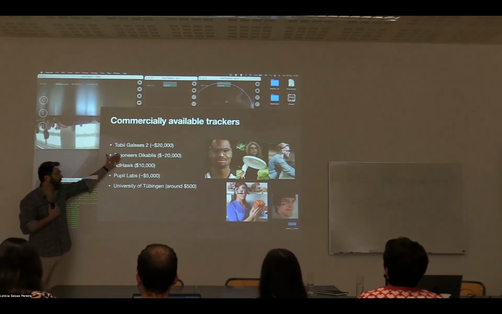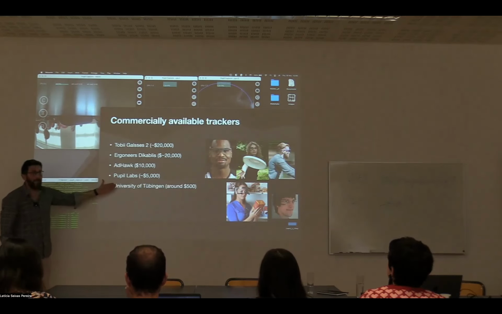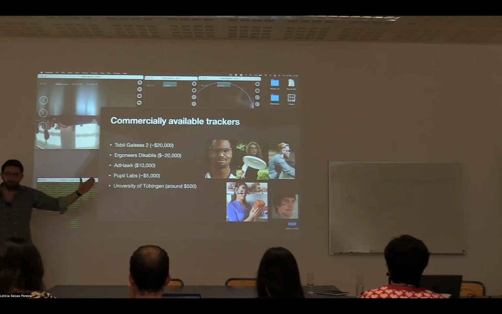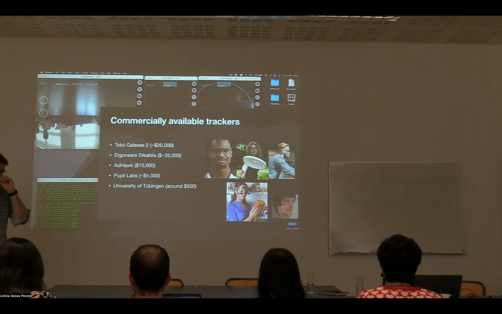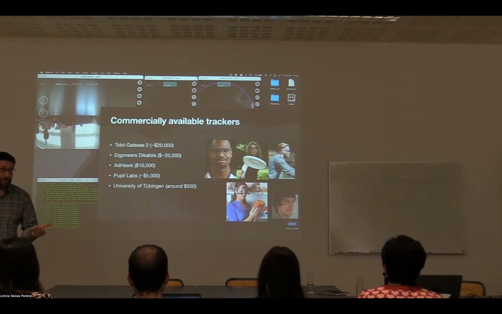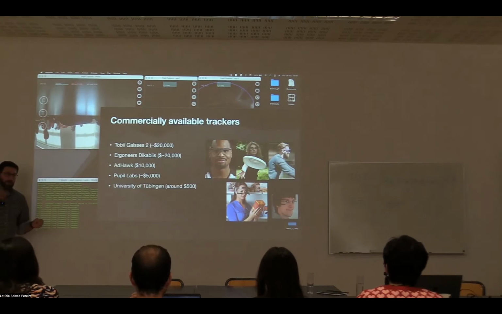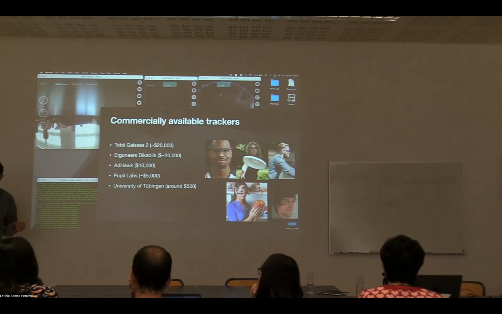Then there is Ergoneers, which is a company of almost the same size as Tobii. Ad hoc, that's an amazing new company, and I can really advertise these trackers because it's completely different technology. They don't use cameras at all. They use a kind of light sensors, and a laser pointer, which is directed to your eye and does not do any harm to your eye, and can measure with extreme precision and accuracy the position of the eye and also the pupil size.